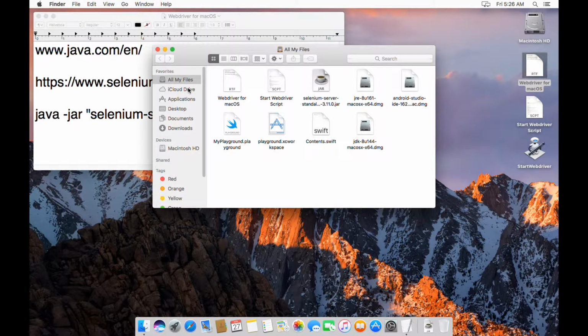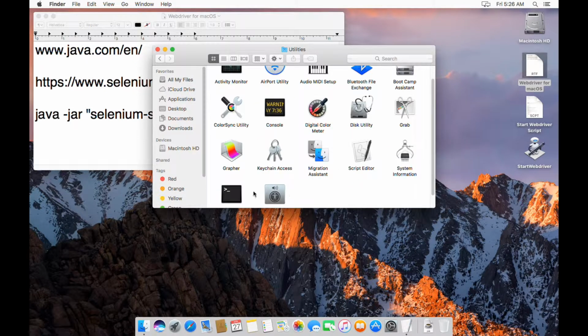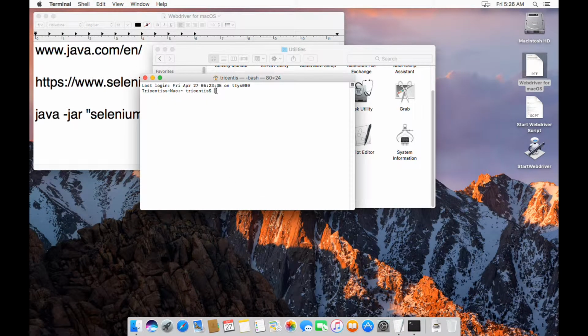Next, I need to launch Webdriver. I would do this via Utilities and Terminal. I have Selenium stored in my Downloads directory, so I will switch to Downloads,